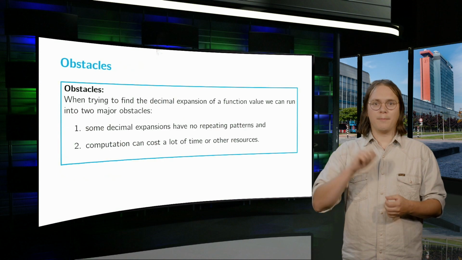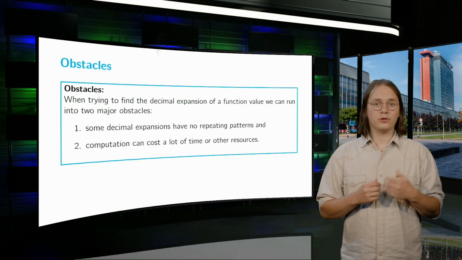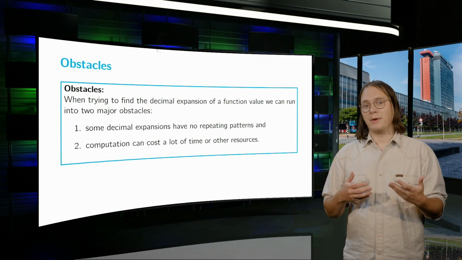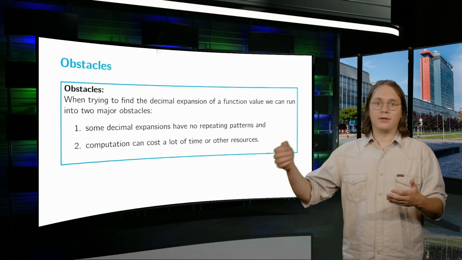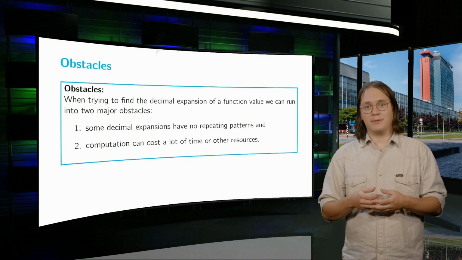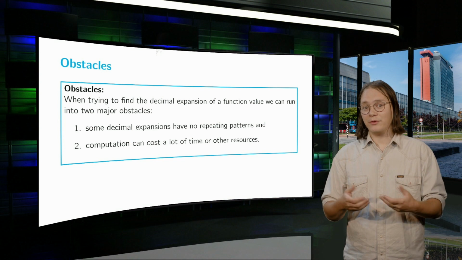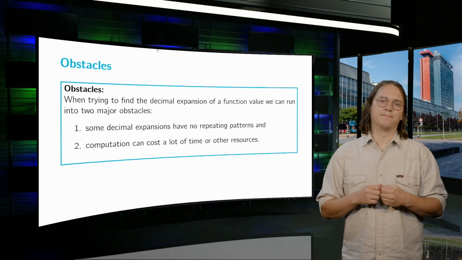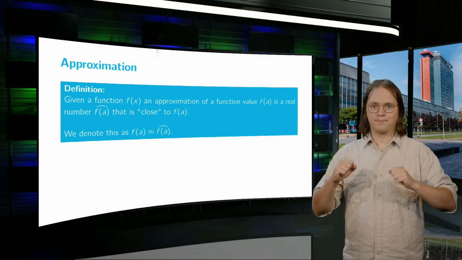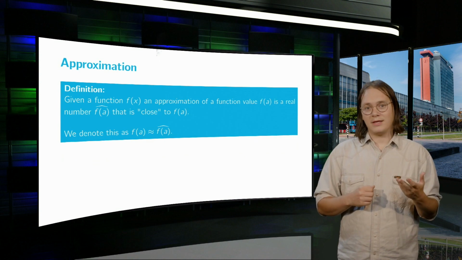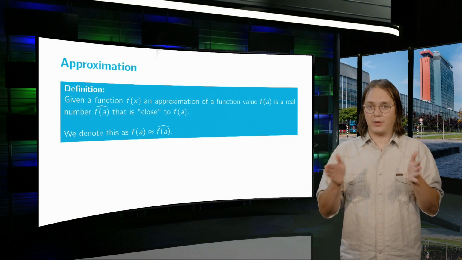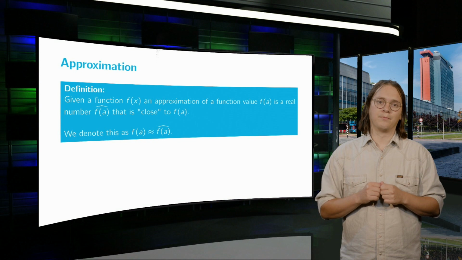We run into two major problems, however. First of all, like the case of square root of 101, sometimes the decimal expansion just keeps on going infinitely with no repeating pattern. Secondly, sometimes it is simply too hard or too time-consuming to find the correct decimals. In those cases, we employ approximations. Put simply, we provide instead of the actual function value, a decimal expression of a number we know to be very close to the actual value.